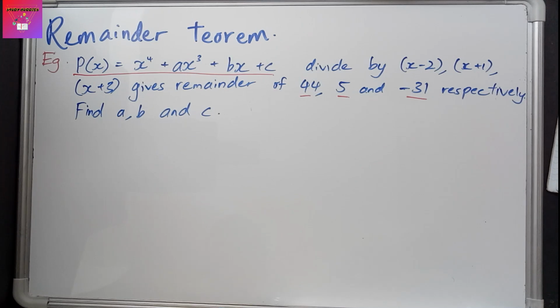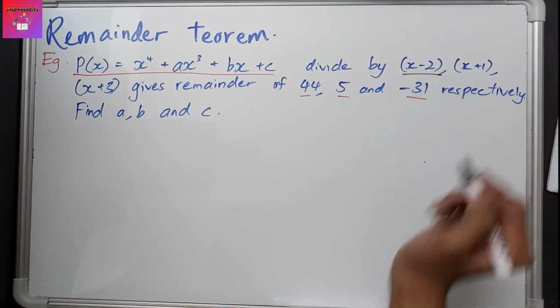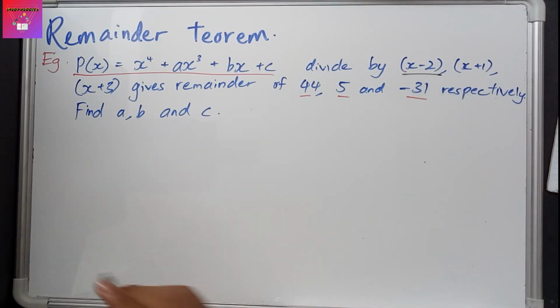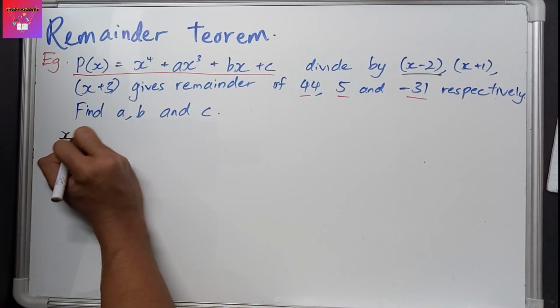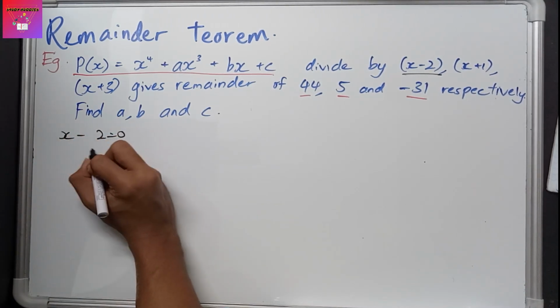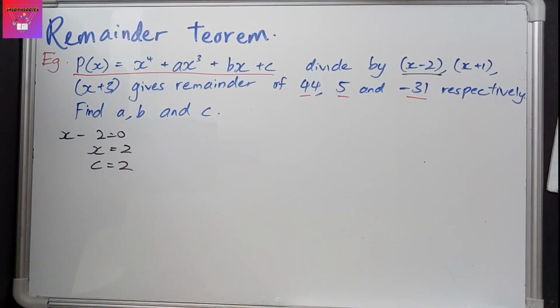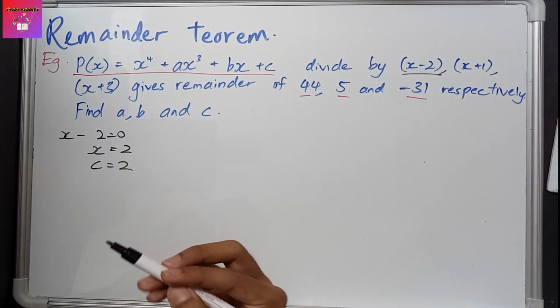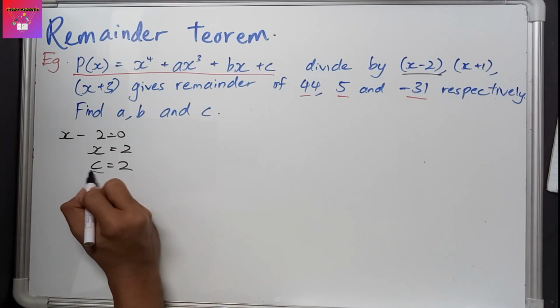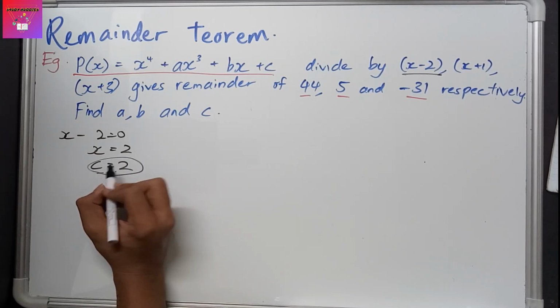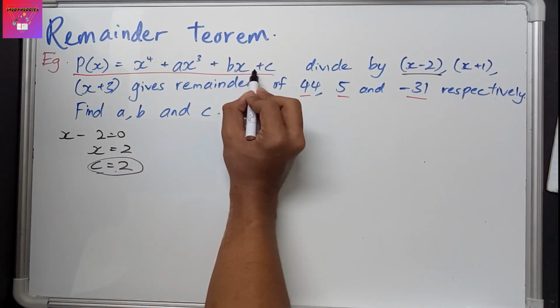So let's begin. So first let's solve for x minus 2. For x minus 2, we can see that the c value which we are going to obtain through this method is 2. So c equals 2. So by right, according to the remainder theorem, when I substitute c equals 2 inside this equation, I must get